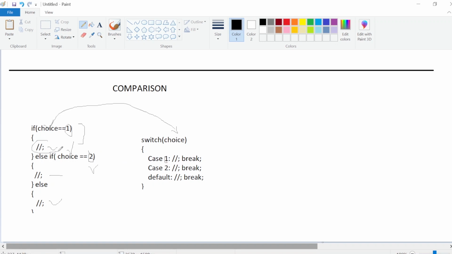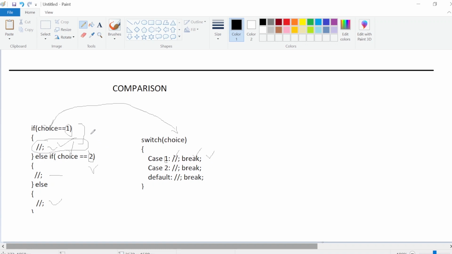All the code that I want to run if the condition is met, I will write there, and then the break keyword. This will break this body so that no line after this will execute.